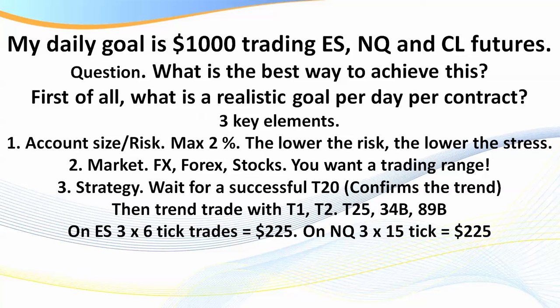Now for $200 a day, if you look at the ES, that's 3 6-tick trades a day, 1.5 points. Before brokerage, that's $225. Take off, say, commissions of $15, that brings you to $210. On the NQ, that's 3 15-tick trades a day. Take away your commission of $15, that's $210. You'll romp that in if you're taking trades after a T20, because you're in a new